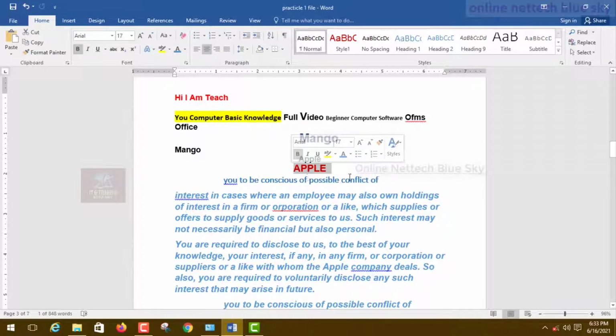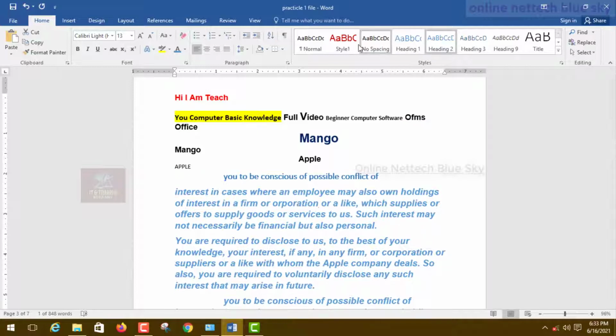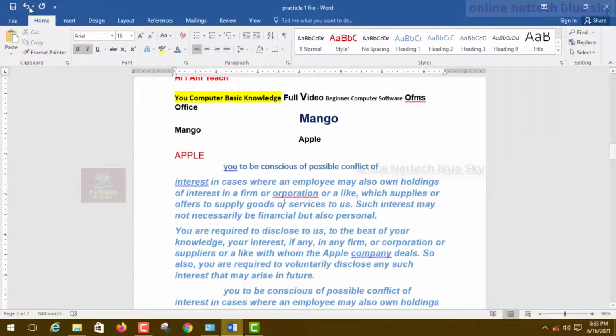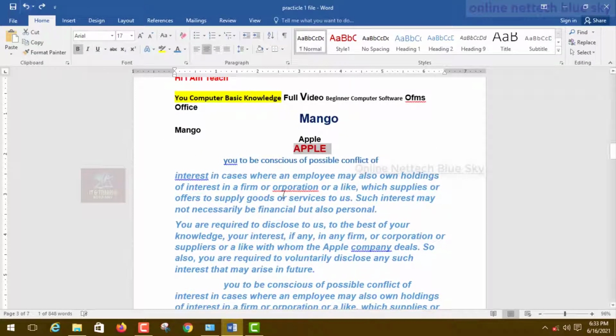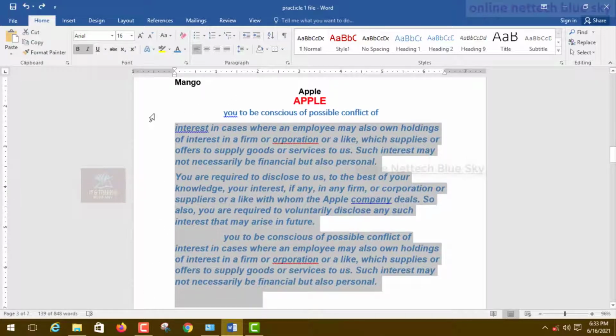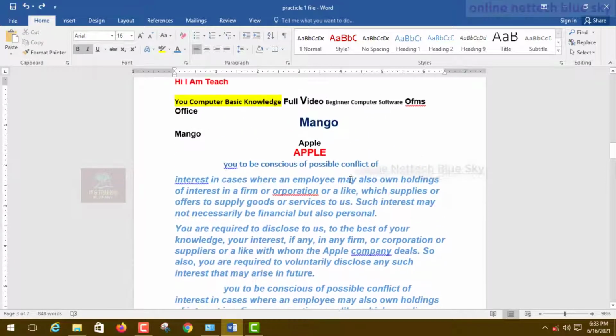Okay, but I will discuss that later. You can see I'm in the heading 2 type for this style. Okay, so this is the second type, heading 2. I can enter this heading again. So this is heading 1 and 2. Okay, and this is one type of paragraph. So what is the difference between them? This is only a paragraph and this is mainly a heading. Okay, so you all understand.